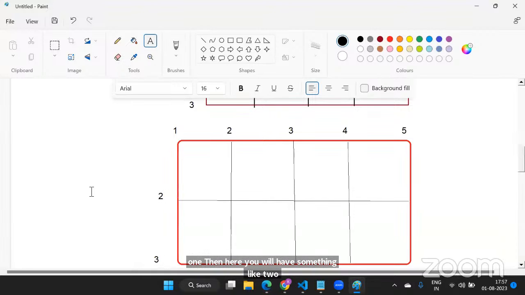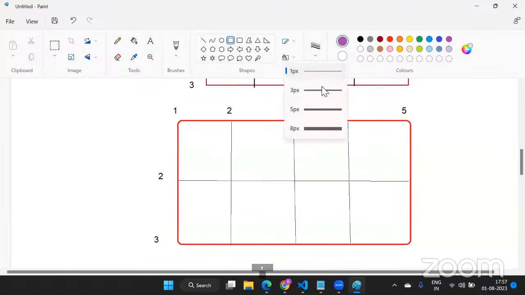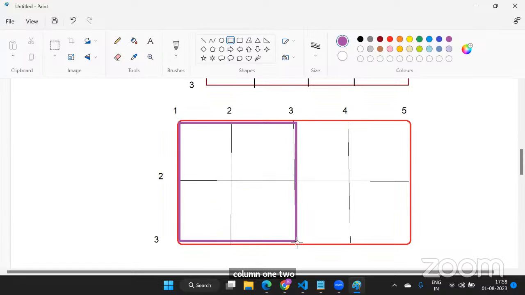Okay, now my requirement is my first grid item should occupy column from 1 to 3 and row 1 to 3. Column 1 to 3 and row also 1 to 3. Like this. My grid item 2, I want it should occupy